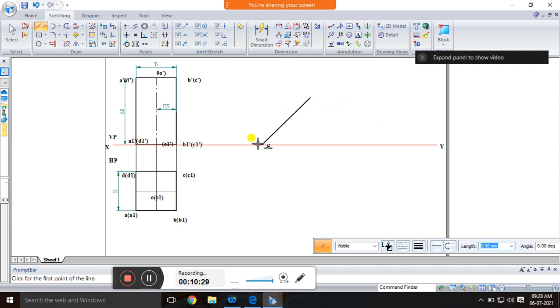Clear? Next, with the help of the scale, draw a line directly perpendicular. For this edge this is perpendicular, and this is also perpendicular. So here place it. Like this, you draw the perpendicular. See, that length is 35. Place it. Similarly here, the same perpendicular of 35. Draw and join, and this distance is